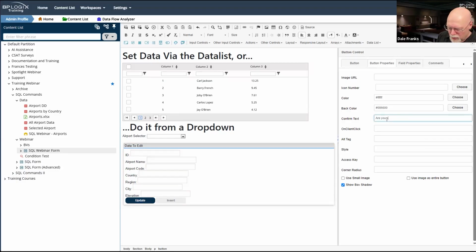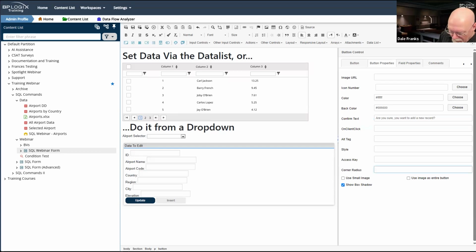Are you sure you want to add a new record? That should probably be a question. So now, whenever I click my insert button, and we are going to go back and fix this on the update button, it is going to require that I pass this confirmation before it will insert the new